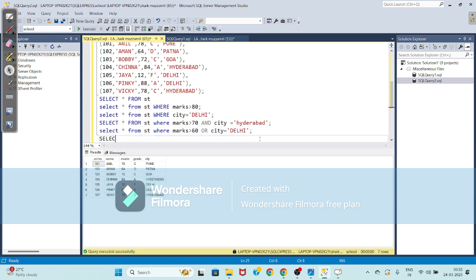Okay, select star from st where marks greater than 16 or city equals to Goa.